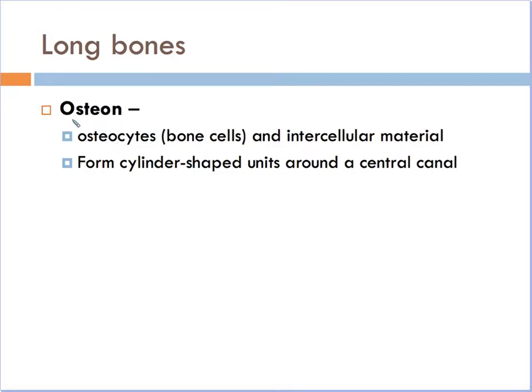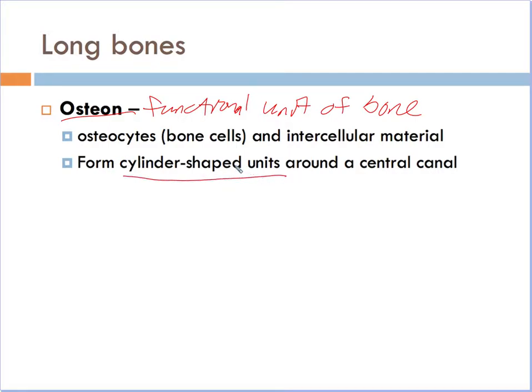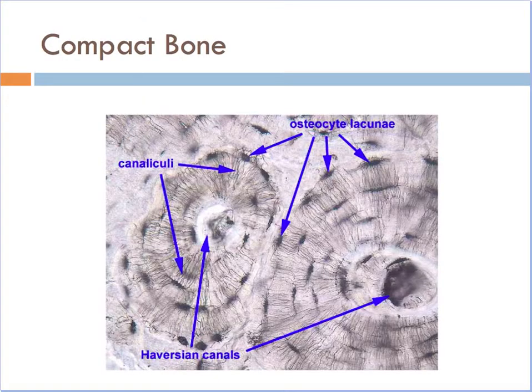So first off, an osteon. An osteon is the functional unit of bone. They are formed from what are known as osteocytes and intracellular material, and they form cylindrical shaped units around a central canal, which we're going to look at. Those are osteons. So for example, this entire system here